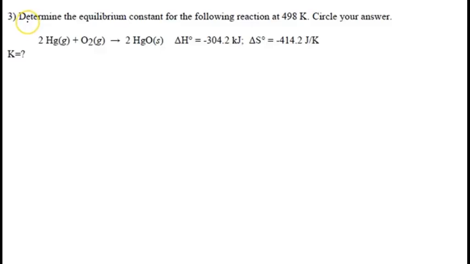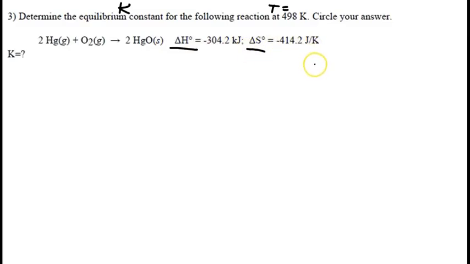Question number 3 states, determine the equilibrium constant for the following reaction at 498 Kelvin. So they're asking for the equilibrium constant, which is going to be K. They give us a temperature of 498 Kelvin. They tell us to circle our answer. They give us a reaction of 2 Hg gas plus O2 gas forming 2 H2O solid. They give us a delta H naught value of negative 304.2 kilojoules and a delta S naught of negative 414.2